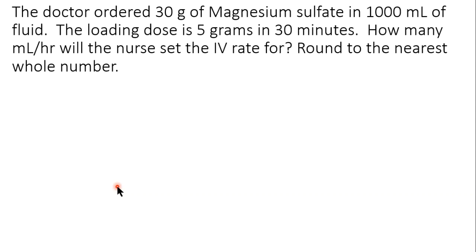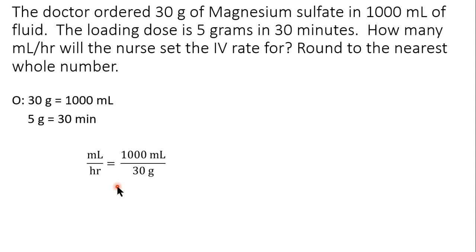So, we have to first look at what we have and look at what we want. The order is 30 grams in 1,000 milliliters of fluid. And the loading dose is 5 grams in 30 minutes. And we're being asked to calculate milliliters per hour. So we write milliliters over hour equals, we want milliliters in the top, so we write 1,000 milliliters over